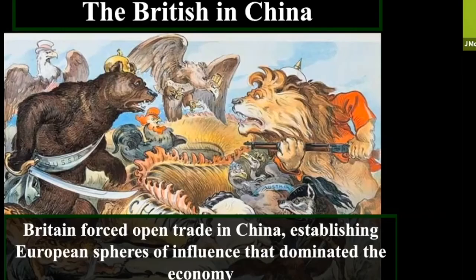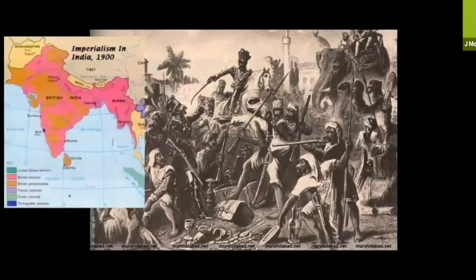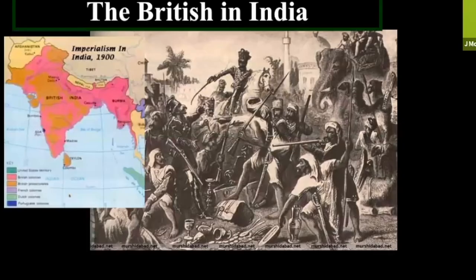It's after this rebellion that the Qing dynasty is going to fall about 11 years later in 1912. So due to European influence, we're going to see the fall of the Qing dynasty. In addition to China being colonized and carved up into spheres of influence, we see that another area in Asia, India, is going to be colonized.